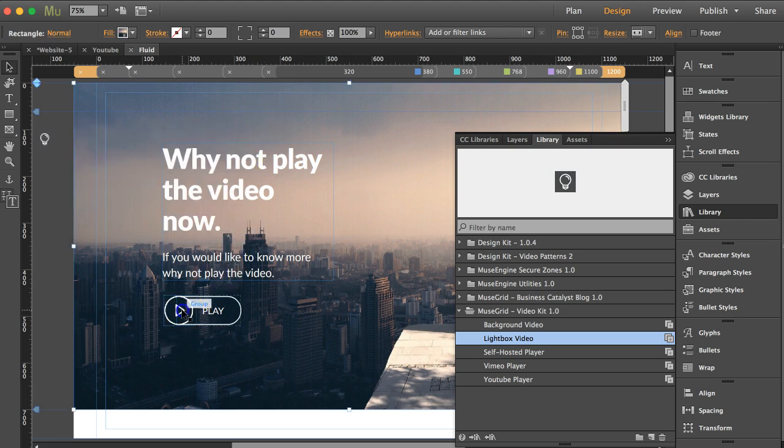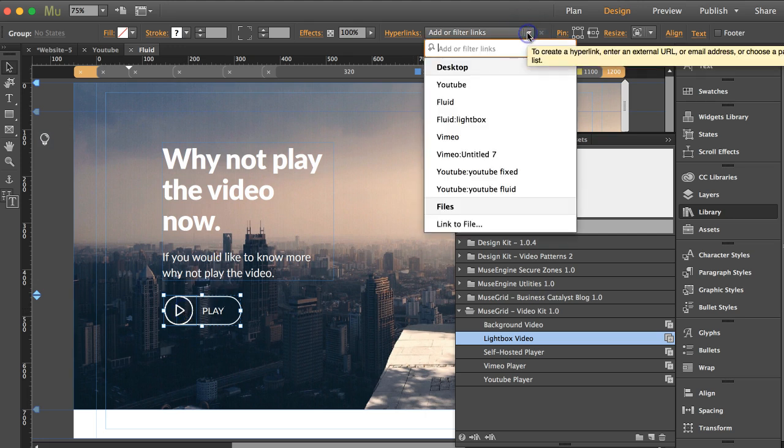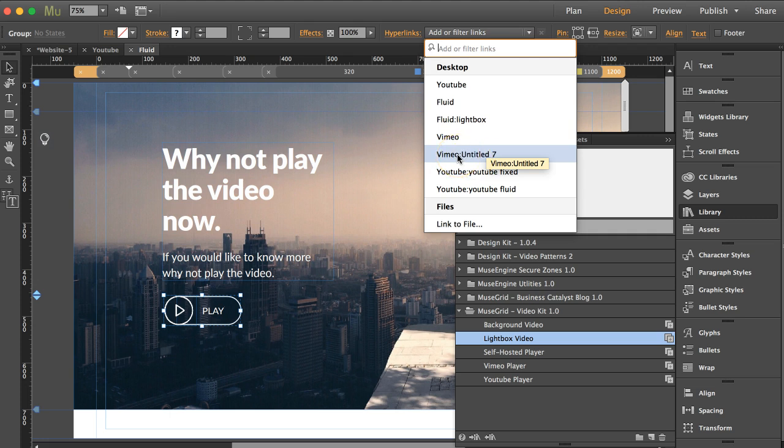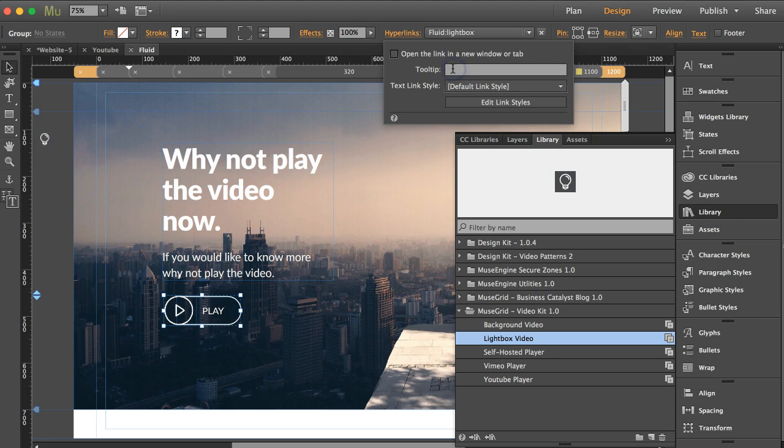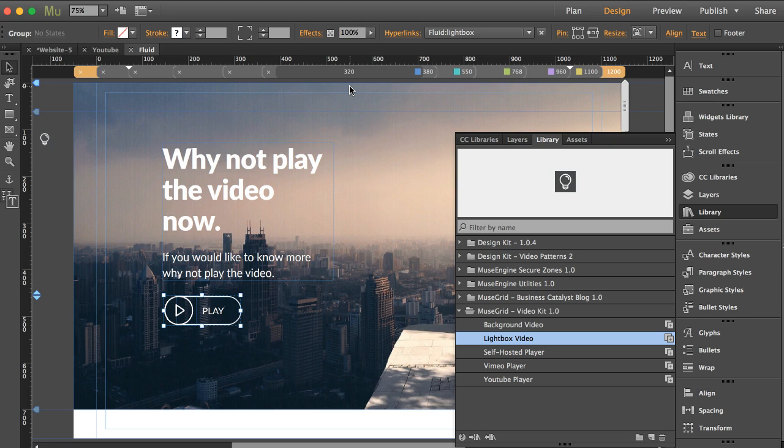We want to link this button right here in the hyperlinks menu to, I believe it's this one here, fluid, I had to remember the name of it, oh, here we go, lightbox. So it's fluid lightbox, and we want to link to that page there. The thing is we don't want to link over to it to open up a new page. We want the lightbox to open. So we're going to go to our hyperlink here, go to our tooltip, paste, and hit enter. Okay, so now we've connected our lightbox widget up with this particular button hyperlinked to this lightbox page,